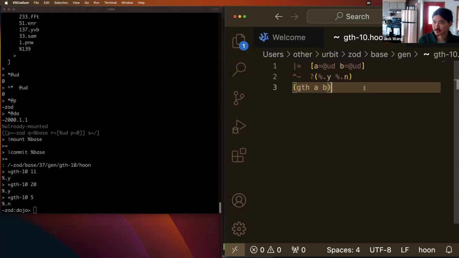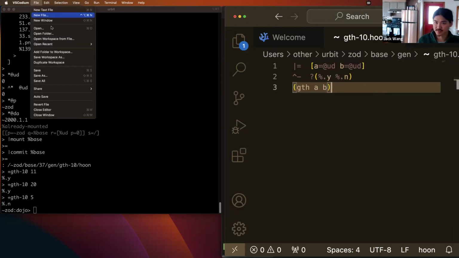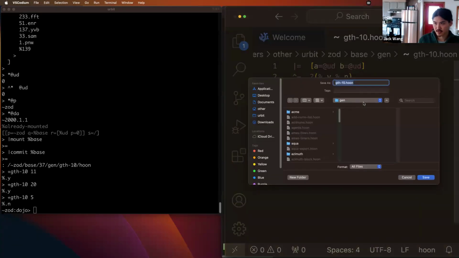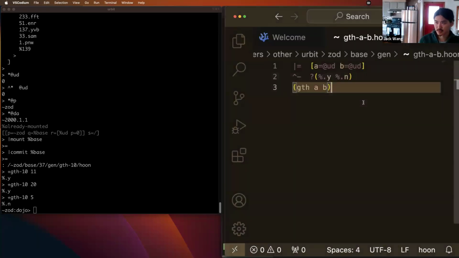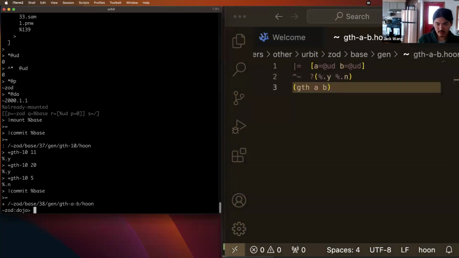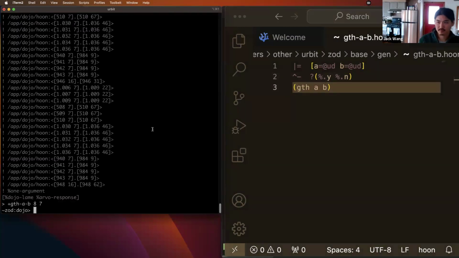Yep, a single space. And let's save this as gthab.hoon. So I'm going to run commit base again. And now we can run lush gthab 8, 7. Oh, sorry. So the thing you have to keep in mind, which just tripped me up, is that